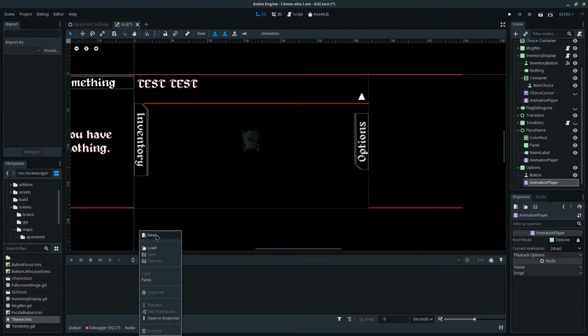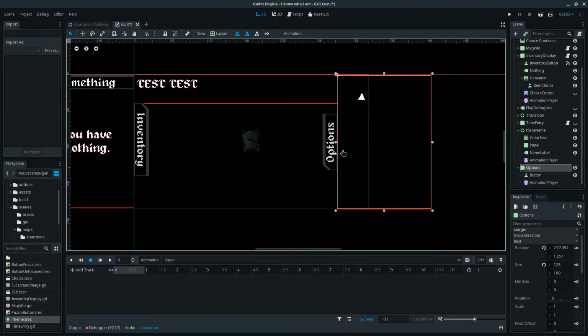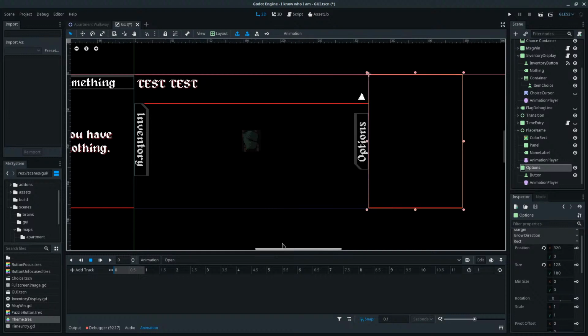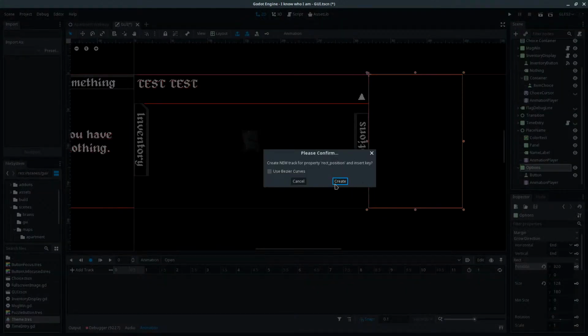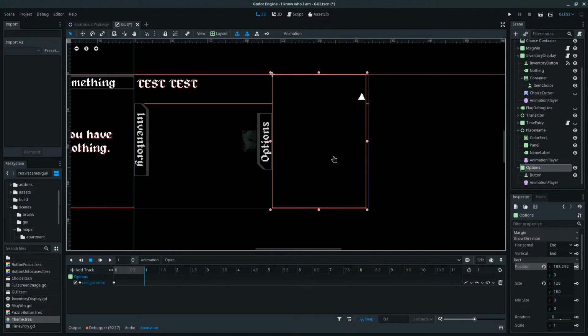Make a new animation. Whoops. Just like that. Perfect. Okay, so we want to give us a keyframe on the position. Slide it out.